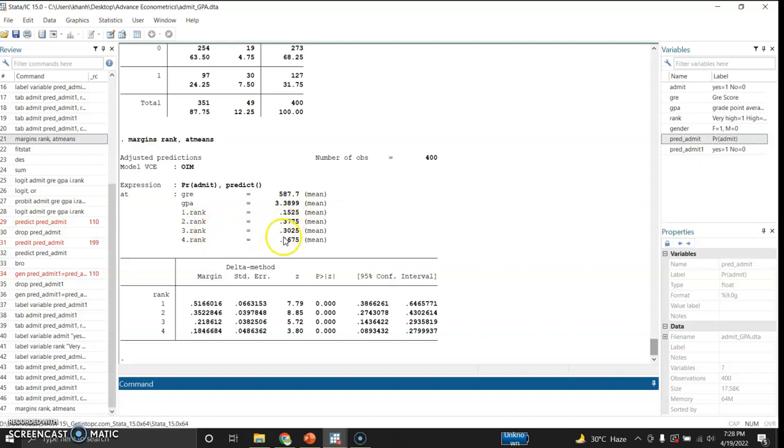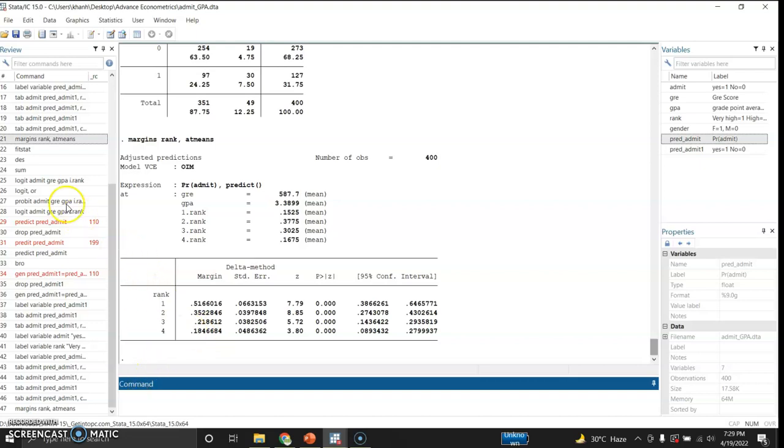For rank 3, there is 0.30, and for rank 4, there is 0.167. And these are the margins. These are the margin effects. So the margin effect for the high ranked institute is 0.5. This is the probability, and this is for the lowest rank previously attended institute, that is 18.4% or 0.184.